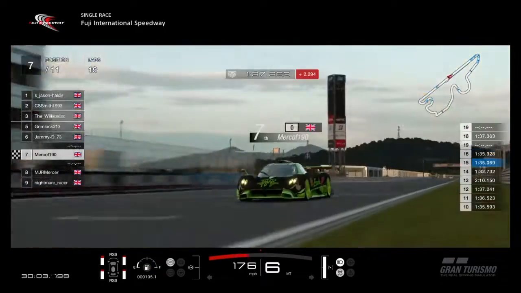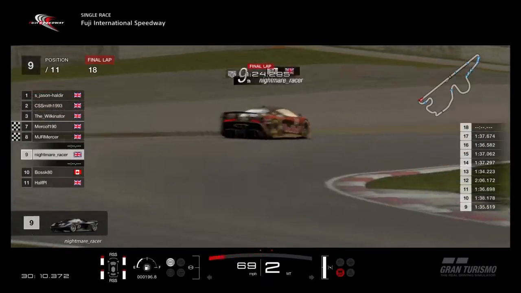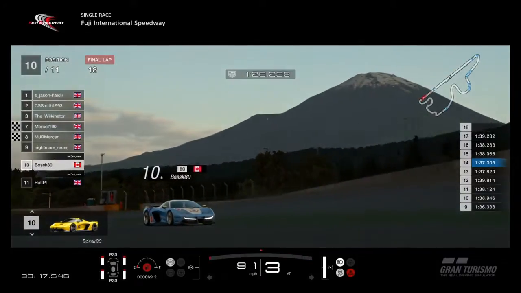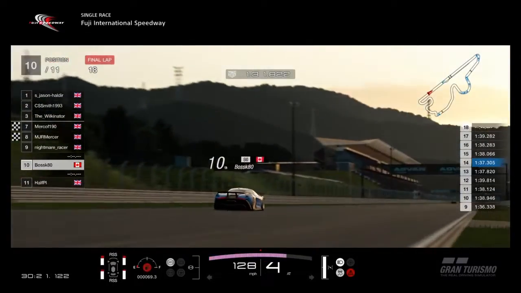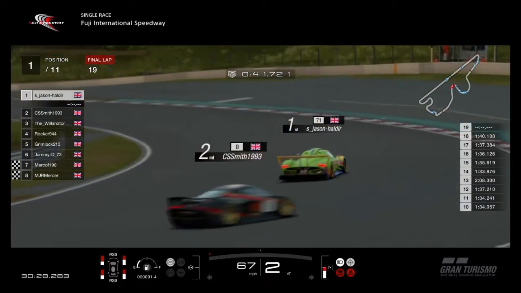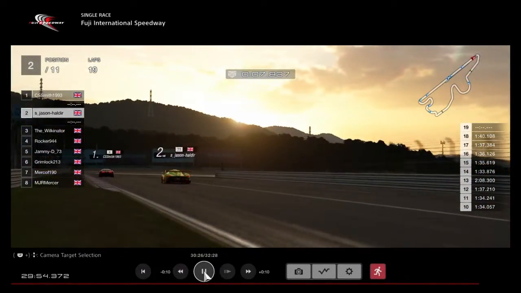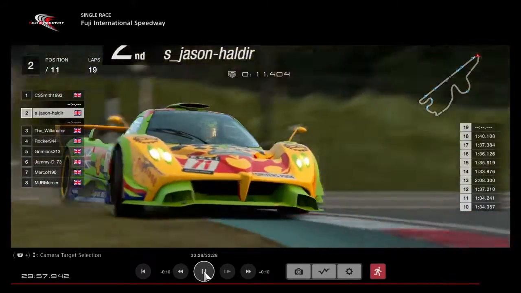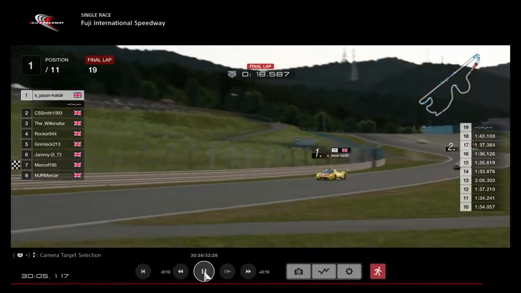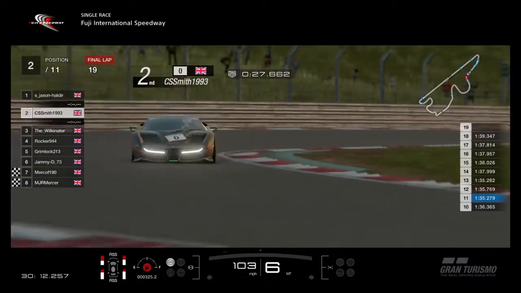Let's see. Will they see the final lap for Merck? It is 7th place, Mercer in 8th place, Nightmare Racer there going to bring 9th place home after his great move on Boss there in 10th. And then we've got Pie in 11th. And Jason's finally got past Smith. As we look now, this is how he did it. On the first corner, very tight. And then just the power of the Zonda speeding past the EF7 there. And Smith is probably doing some huge fuel saving too...